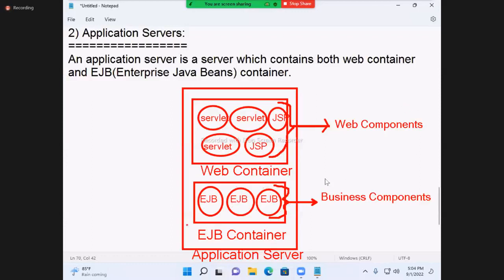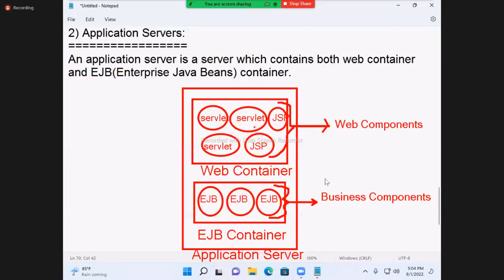Only that particular enterprise's people can access it. ICICI is one enterprise. Only ICICI customers and ICICI employees can access it. The eSeva application is there. Only eSeva employees can access it. That type is called an enterprise application. If you want to build that type of application, JDBC is required, and enterprise Java beans. That is Spring Enterprise. You'll study it further.